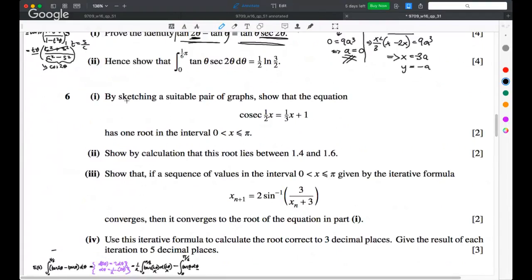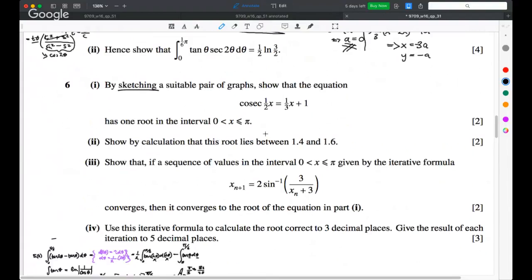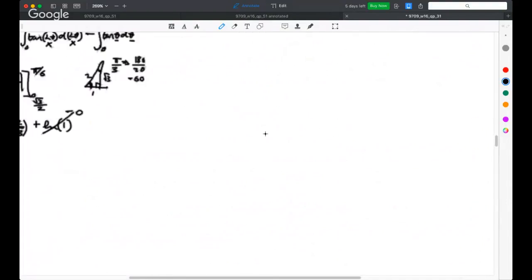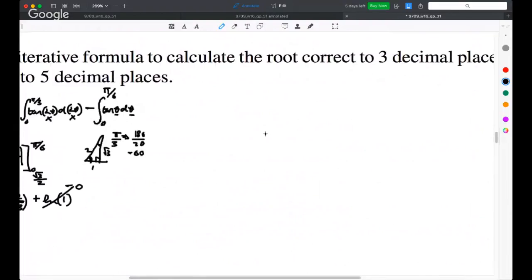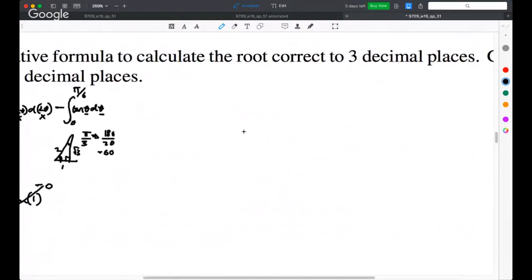So in the first question, they're asking you to sketch something. So you're not asked to calculate anything yet. You may have the graph of cosec memorized. Good for you. Otherwise, a quick way to derive it in an exam is to consider the 1 over cosec, which is obviously sine. So the sine of x over 2, the graph for that,